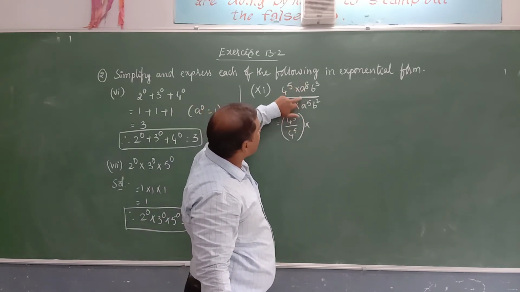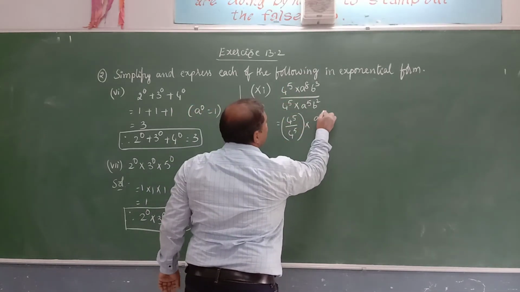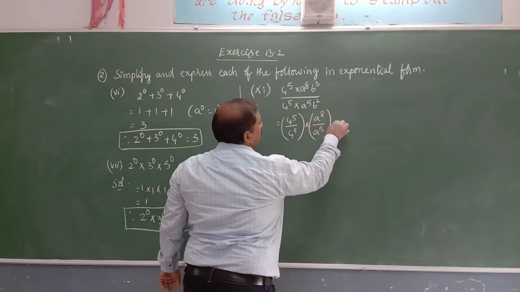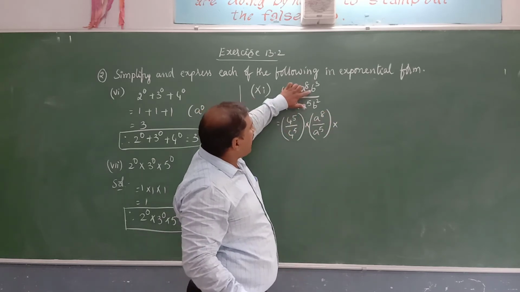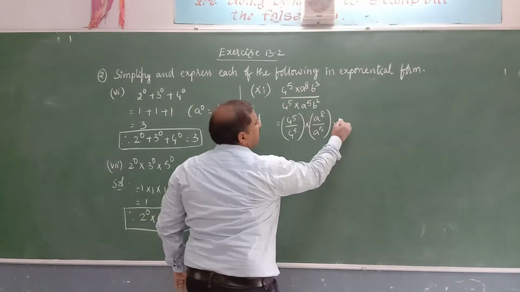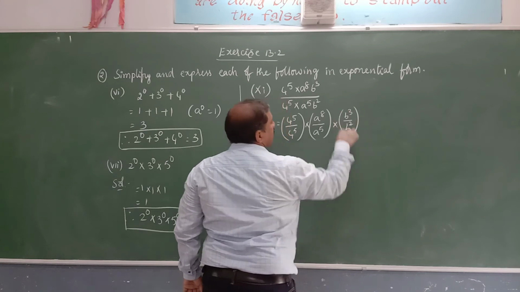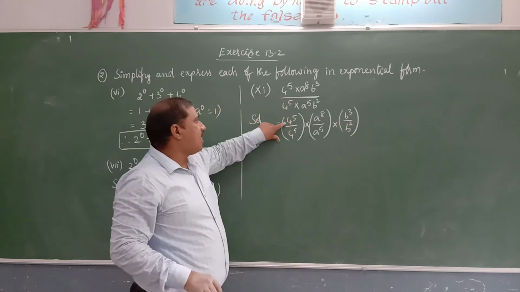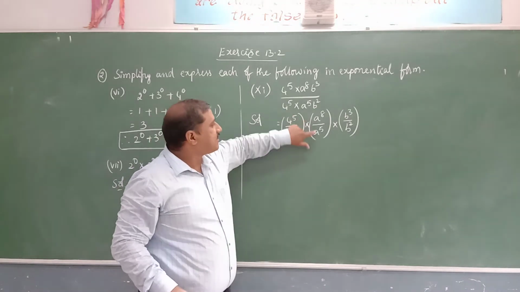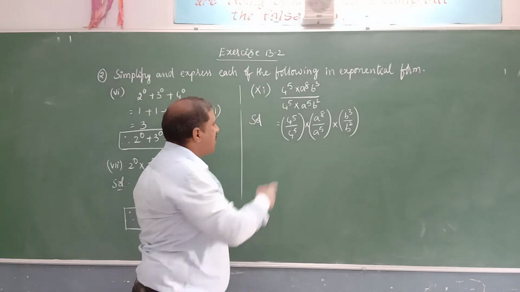Again in this case we have the same base a. Therefore we can write this as one factor, that is a to the power of 8 divided by a to the power of 5, into what about b? b cube and b square. Again same base is there. Therefore it is b cube divided by b square. Now these three are in the same form, that is a to the power of m divided by a to the power of n. Same base is there, same base is there, same base is there. Apply the suitable law of exponent and solve it.